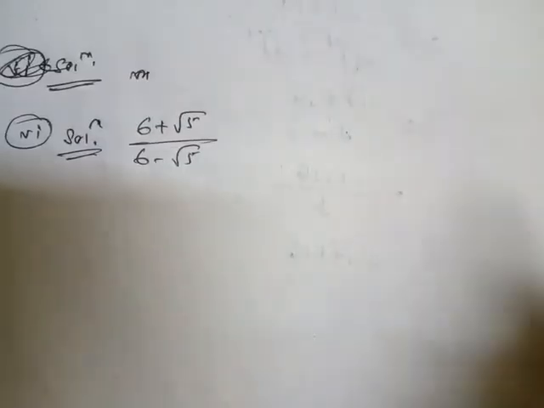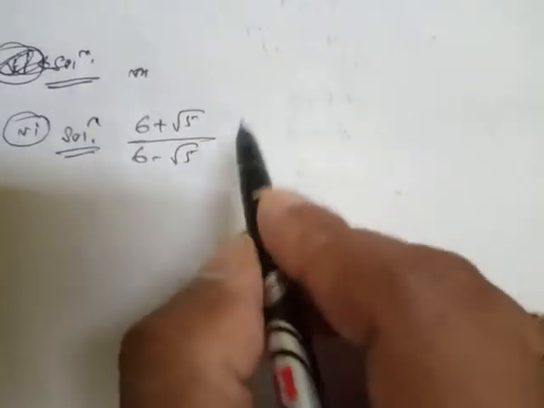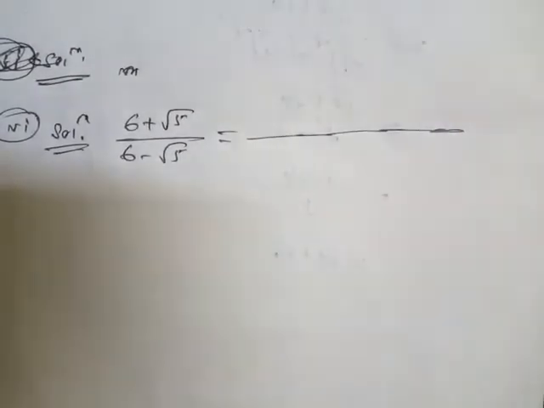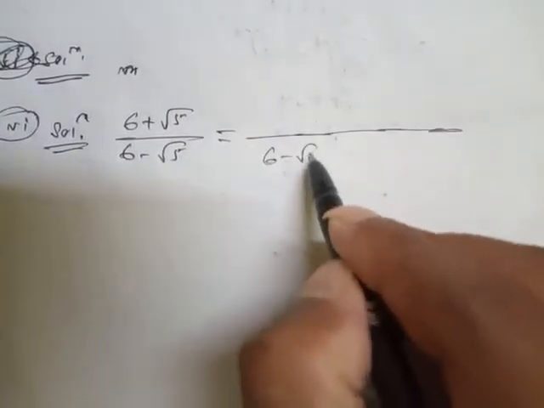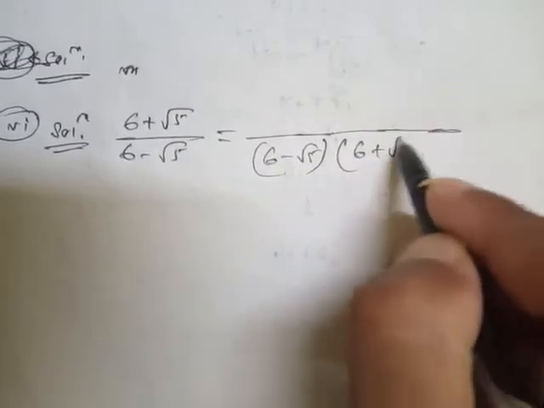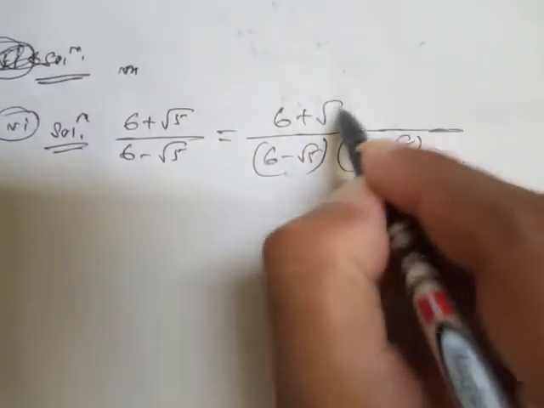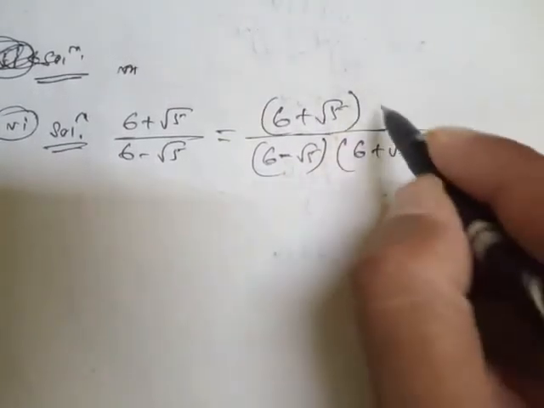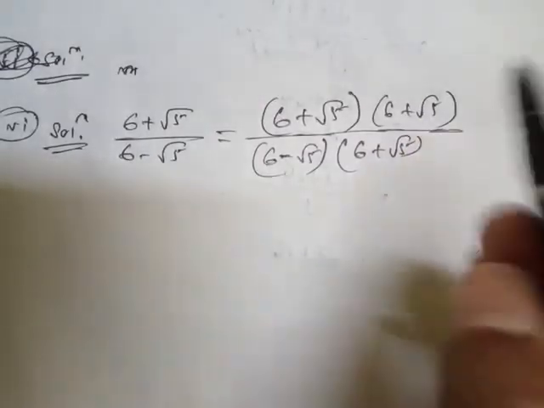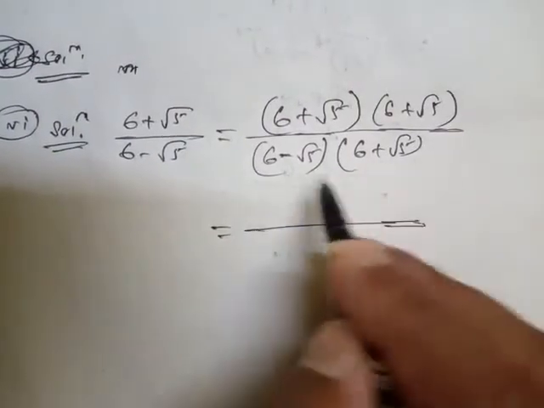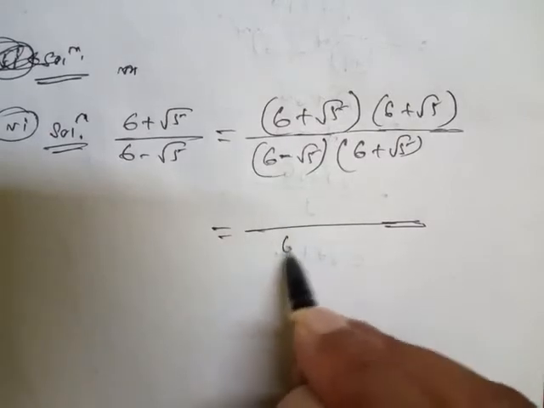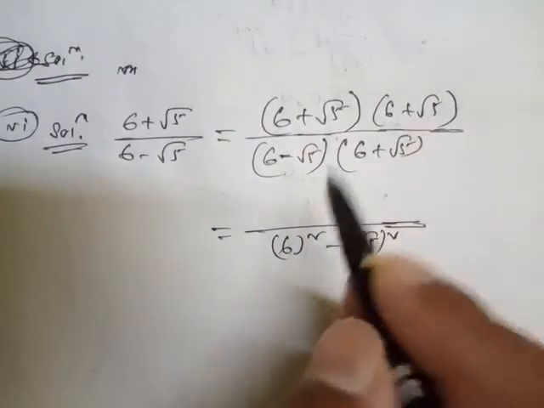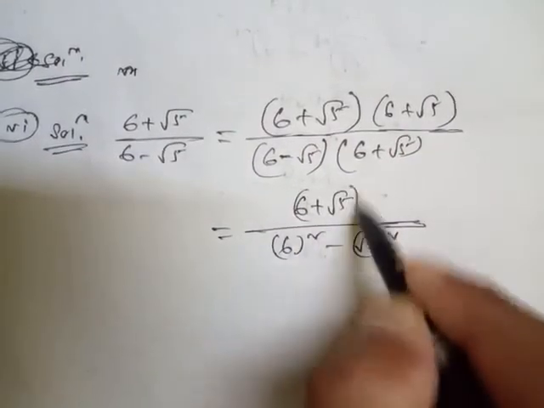Now students, we will go for the 6 plus root 5 and 6 minus root 5 rationalization. Now look how to solve this one. Same only, like we did earlier. 6 minus root 5 and 6 plus root 5, which means here the numerator is 6 plus root 5 and we'll multiply both the numerator and denominator with 6 plus root 5. Now look, if I use a plus b, a minus b, so a square minus b square here. Now 6 plus root 5, 6 plus root 5, which means 6 plus root 5 whole square.